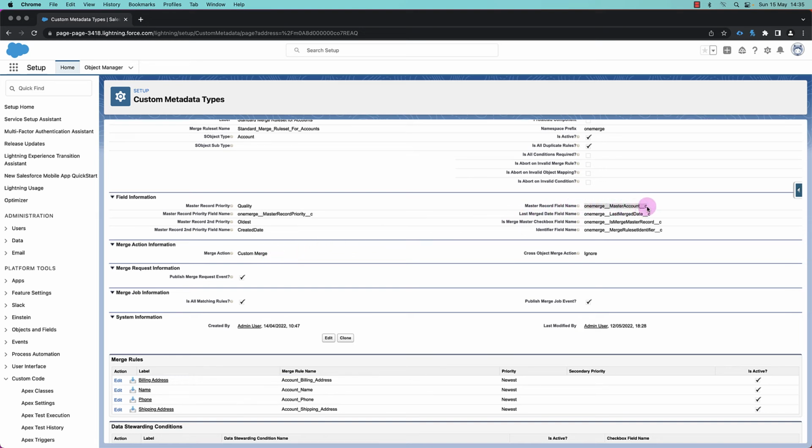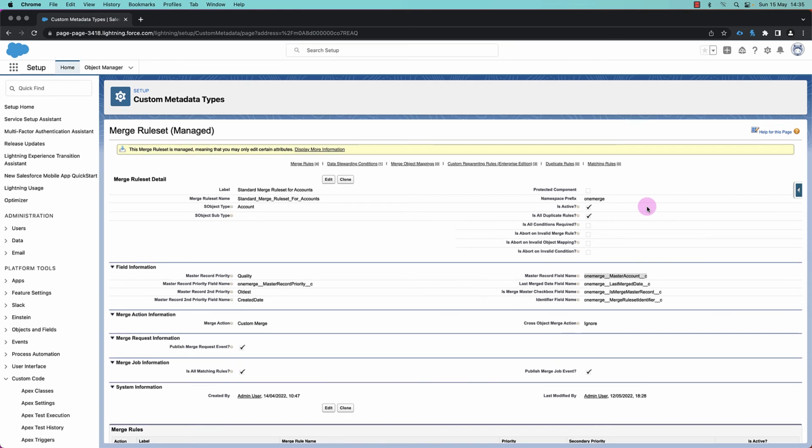we're also setting a field on the account record called master account. We're setting that relationship field with the master account value. So when we look at a source account or a losing account, we can actually navigate up to the master. We have that ability to relate master to the losing duplicates and vice versa. So let's see how that looks in practice. Let's jump back to